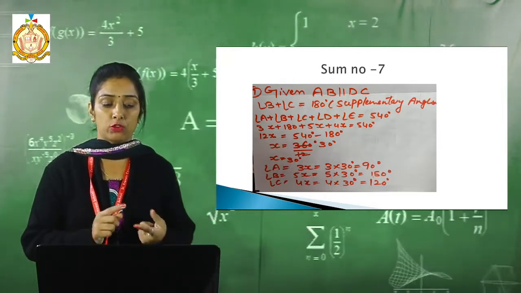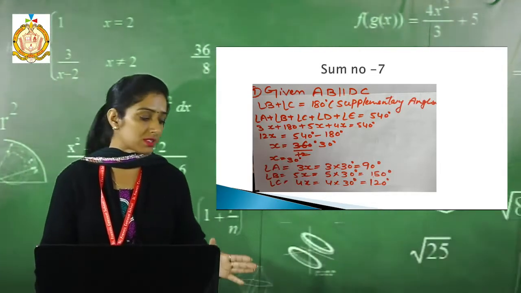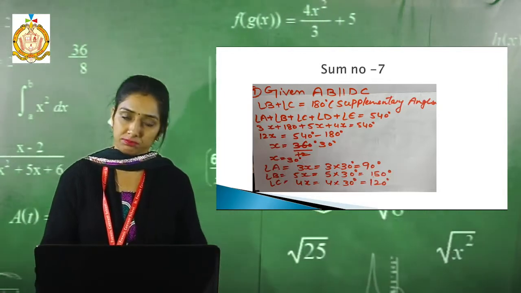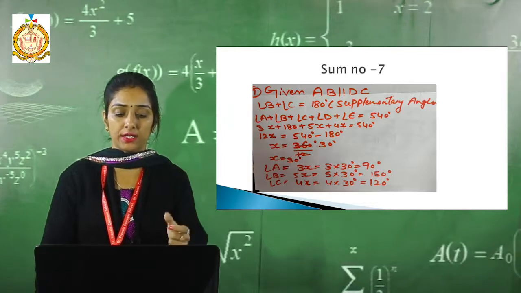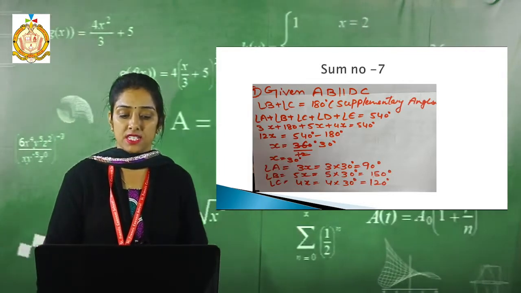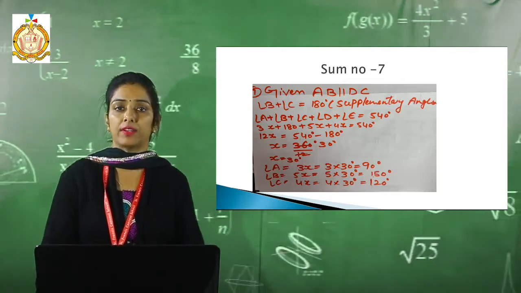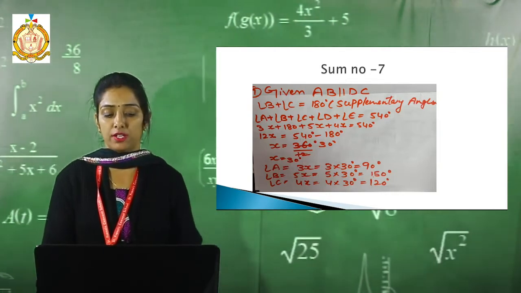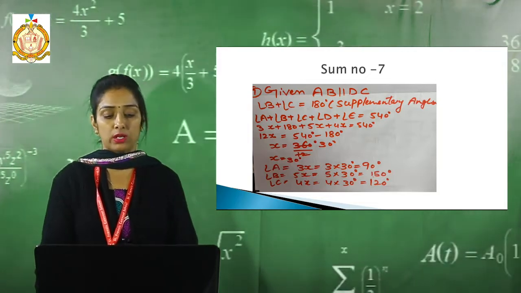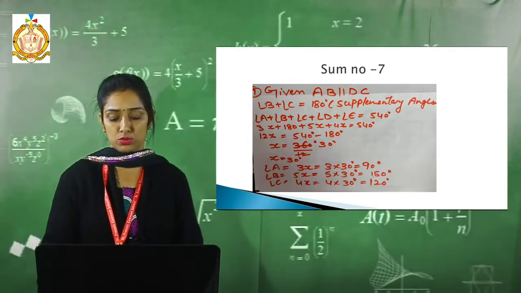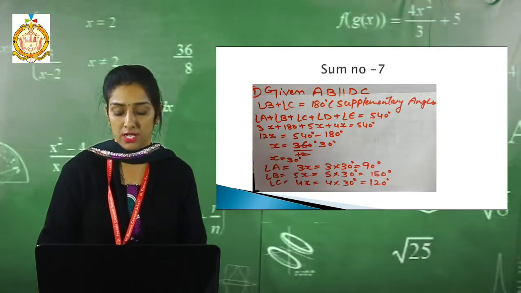Now simply we have to put a value. Now what is angle A? Angle A in your book is in the ratio 3:4:5. Angle A is 3x, plus B plus C is 180 degrees, plus angle D is 5x, plus E is 4x, is equal to 540. Now after solving it we get an answer. Now see, x is equal to 360 over 12, which is 30, so x is equal to 30. From there we get angle ABC by putting the value of x.